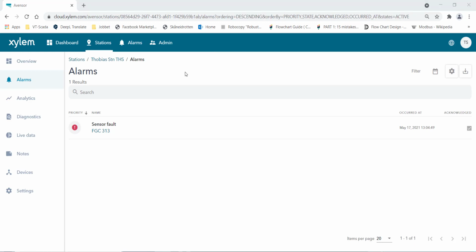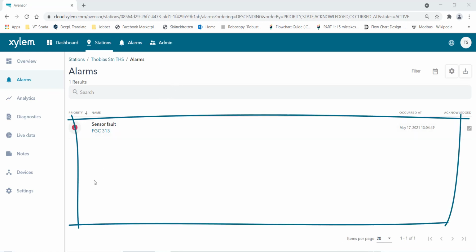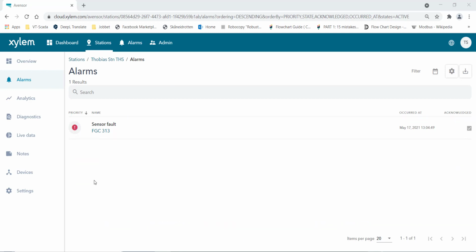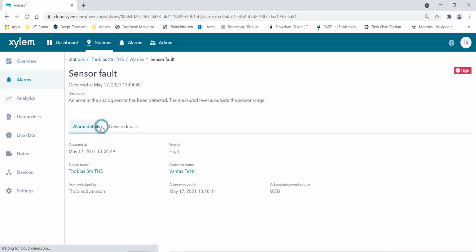When pressing on the alarm, you will get all the active alarms on the station directly. And depending on how many they are, they will just list below like this. If you want to look at each individual alarm, you press it once and then you have it.